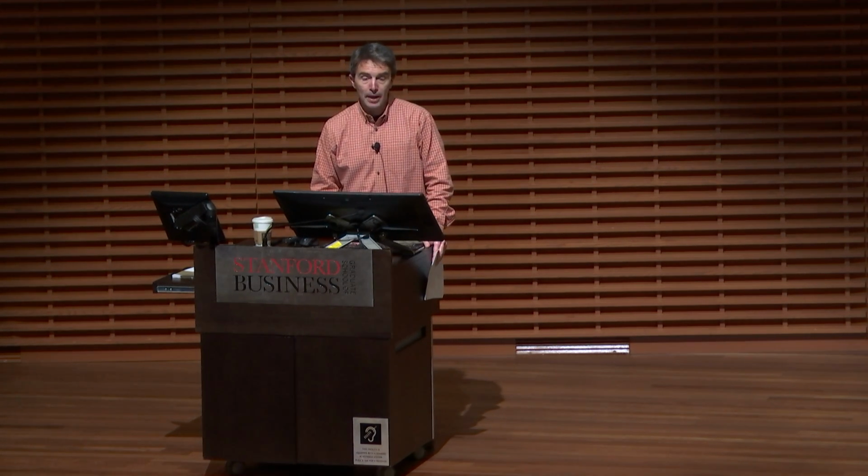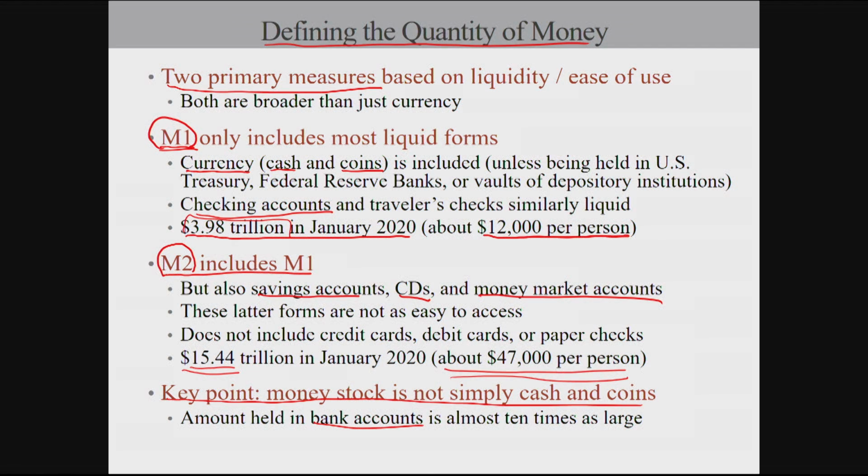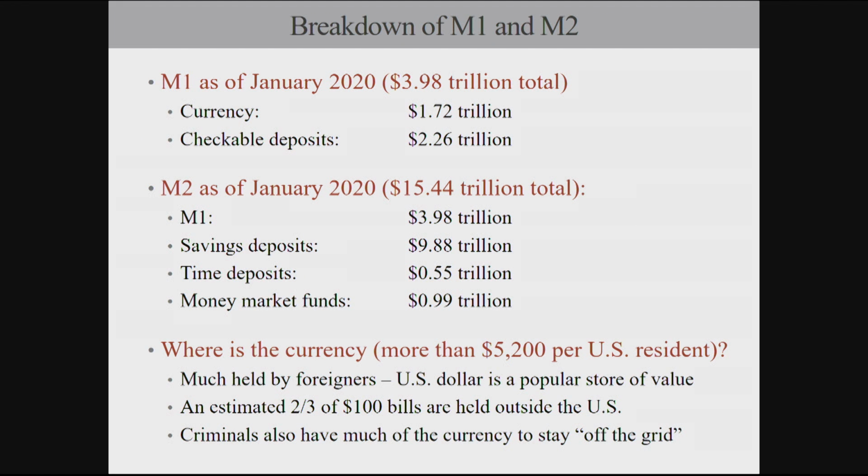So we talked a bit about M1 and M2 before the break. M1 only includes the most liquid forms of money, being currency and checking accounts, whereas M2 broadens that to include savings accounts, CDs, and money market accounts. You can get a sense of the relative importance of these different things in the following figure. This is the components of M1. The primary two components are currency at 1.72 trillion and checking deposits of 2.26 trillion, which is almost 4 trillion total. And this works out to about $5,200 in cash per US resident,